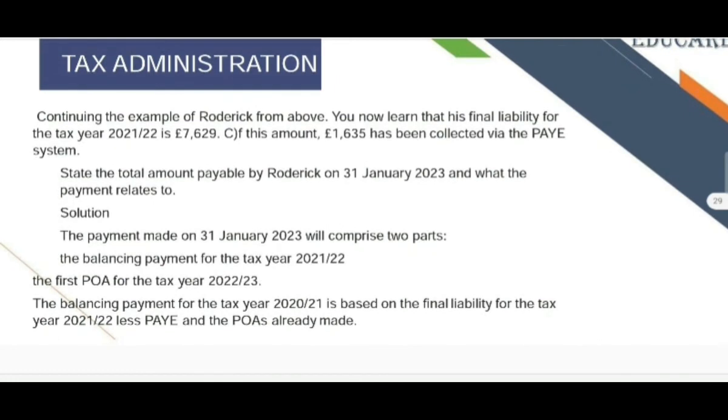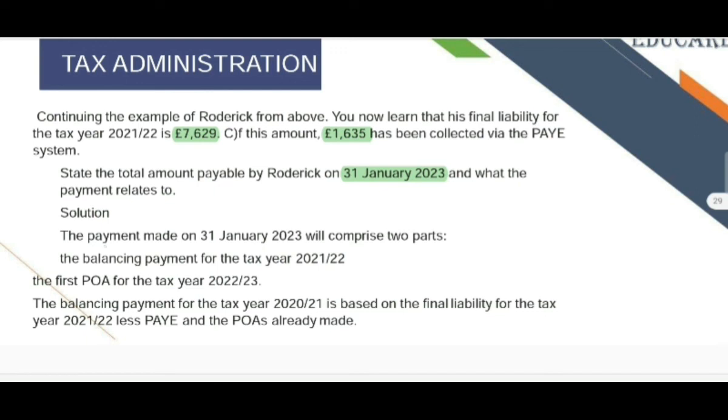Continuing the example of Roderick from above, you now learn that his final tax liability for the tax year 21-22 is 7,629. Of this amount, 1,635 has been collected through the pay as you earn system. State the total amount payable on 31st January 23. So on 31st January 23, he has to pay the second payment on account, as well as the balancing payment, and both of these